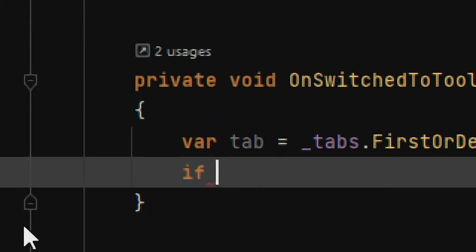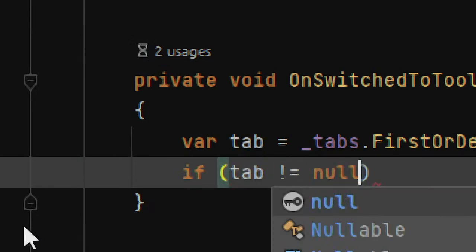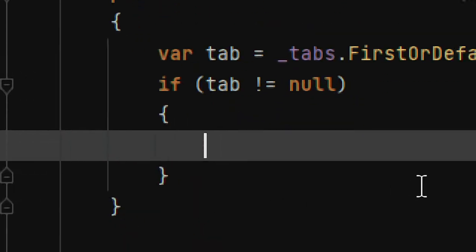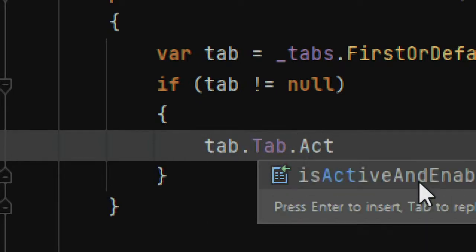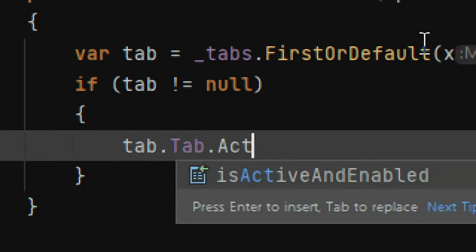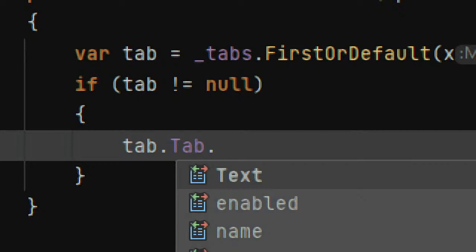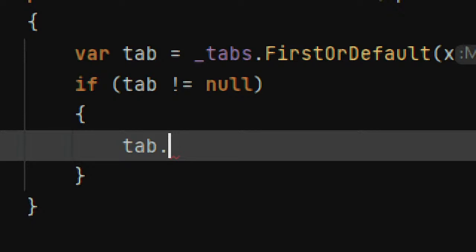So we have that reference, so if we actually did get a reference, what? Okay, how do I set the active tab then? That's something I need to know. Either way, what we'll go ahead and do is go ahead and